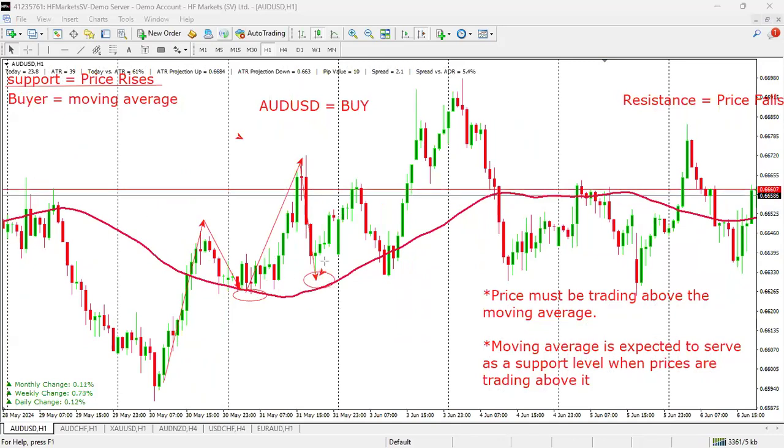Not only that, price still offered us another retest of that moving average as a support level, again helping price to rise. So the moving average will naturally act as a support level for prices when it is trading above it. So in the cases where you want to buy an asset,